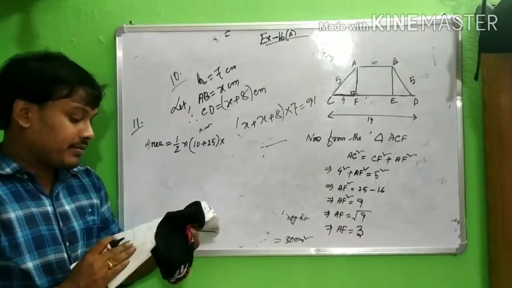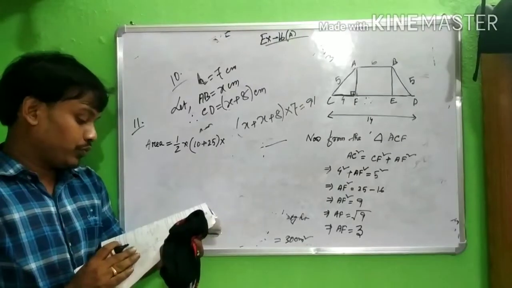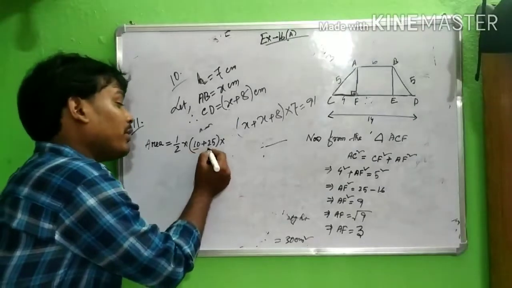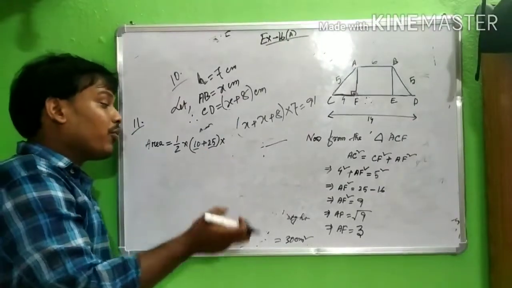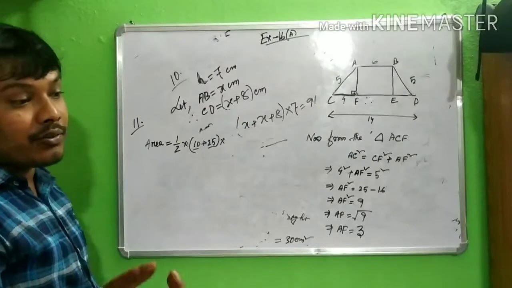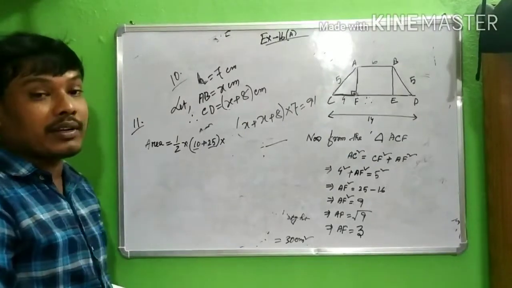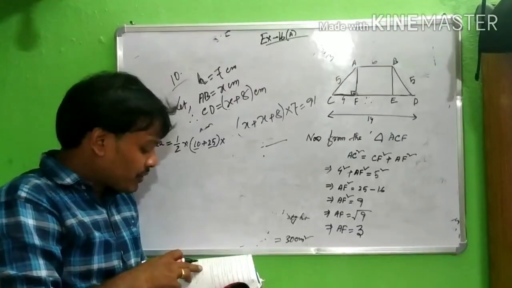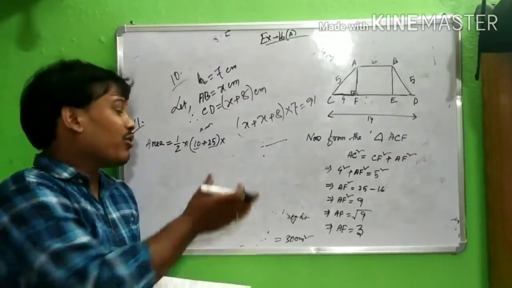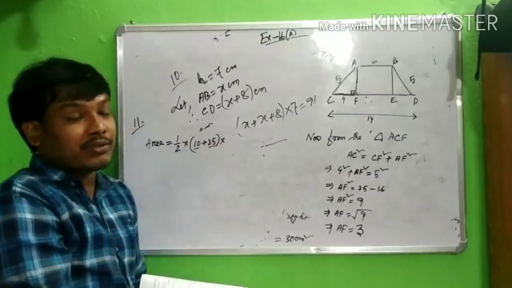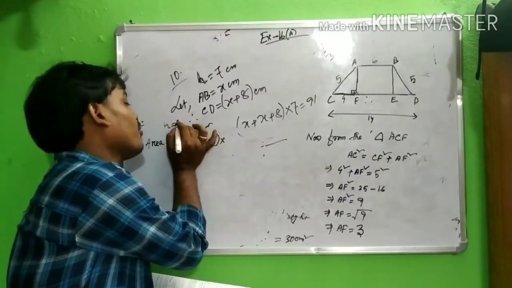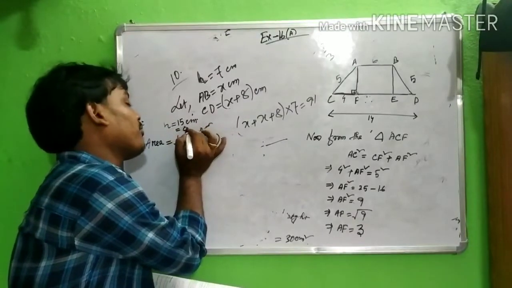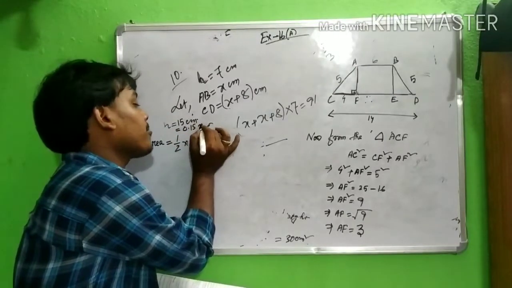Height is 15 centimeter. These two values are given in meter, and we have to find the cost of watering per meter square. Given cost of watering is 4 rupees per meter square. So we have to find the area in meter square. The height given is 15 centimeter, so it equals 0.15 meter.